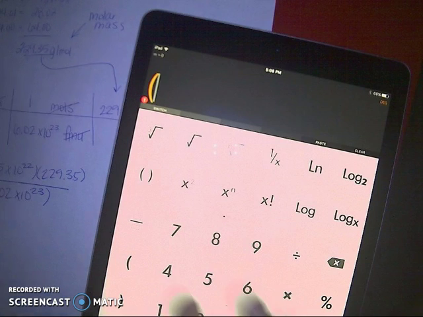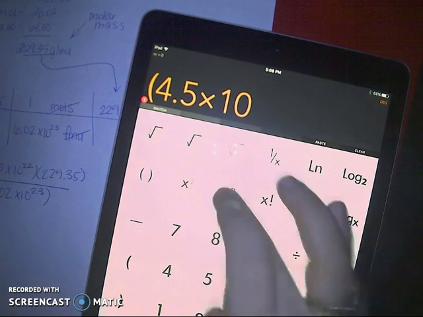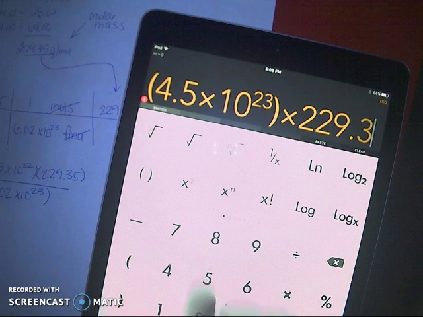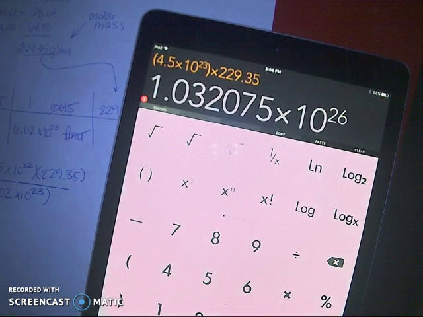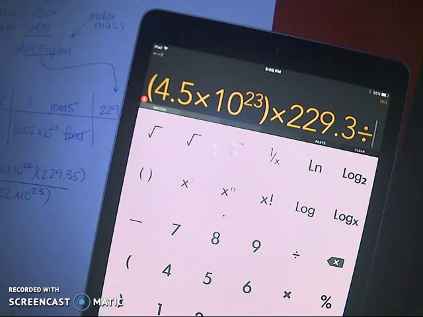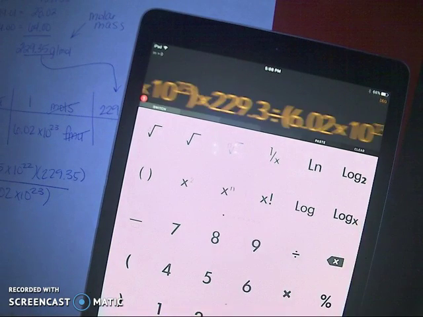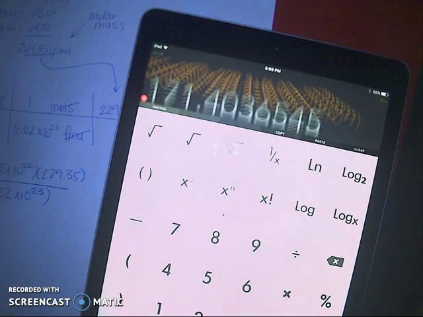So I have 4.5 times 10 to the 23rd, closing out that parentheses. I'm going to multiply it by 229.35, and that gets me 103 times 10 to the 26. Then I'm going to divide that by the 6.02 times 10 to the 23rd, and I end up with